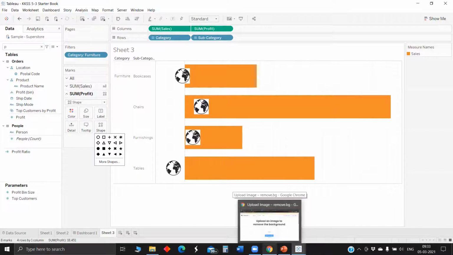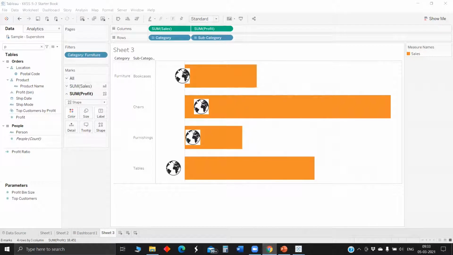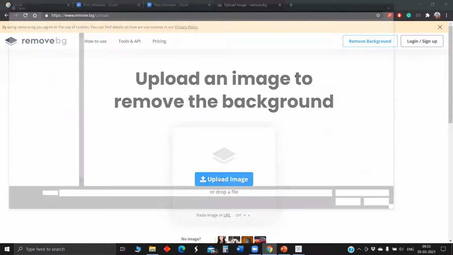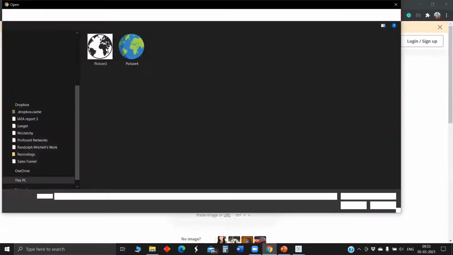To do that, when I did some research, I found a site which directly removes the background. This is the site remove.bg. Once you upload an image directly, so I am uploading this image.